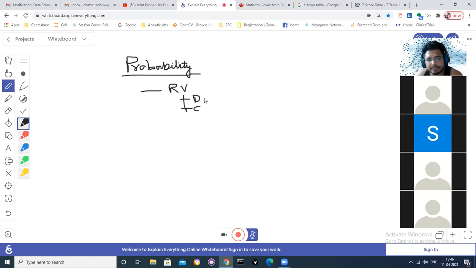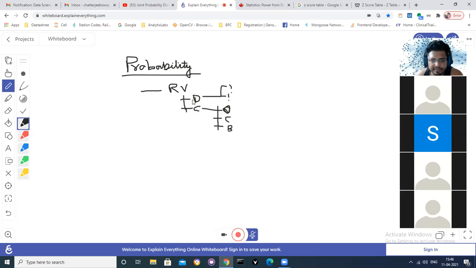Positive, negative, and 0. No, that is correlation. So, continuous random variable, there is ordinal, and then what else is there? There are three types of continuous random variable, right? Categorical and binary. And for discrete, there were two types, I remember. What were the two types? I forgot. You just check it out.